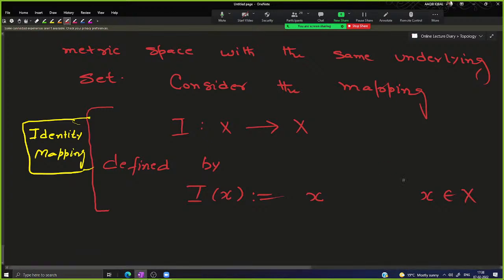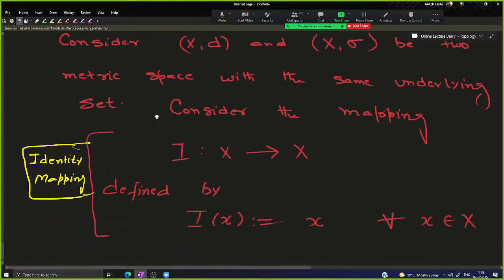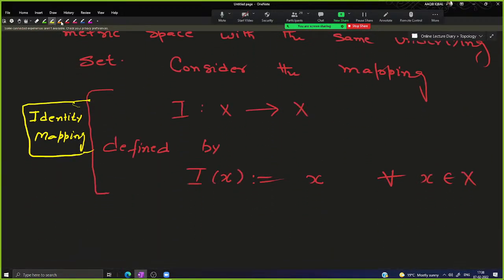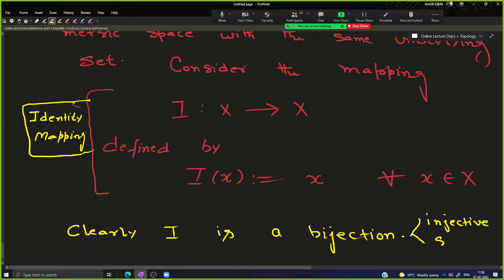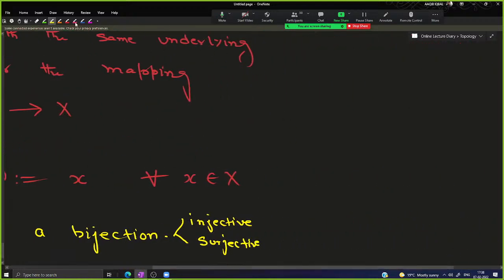इटसेल्फ। ठीक है, इसका जो एक्शन है वो आप समझ लीजिए क्या है। द इमेज ऑफ अ पॉइंट small x under I is same as the small x. ठीक है, आप इस मैपिंग को देखिए। अगर आप इस मैपिंग को देखेंगे तो क्लियरली I is a bijection। है ये बाइजेक्शन? बिकॉज बाइजेक्शन के लिए इट शुड बी इंजेक्टिव एंड इट शुड बी सर्जेक्टिव। और इसमें ये दोनों चीजें हैं, इट इज इंजेक्टिव एज वेल एज सर्जेक्टिव।